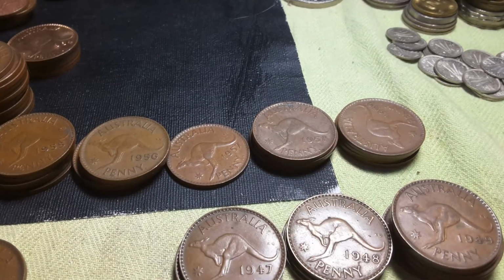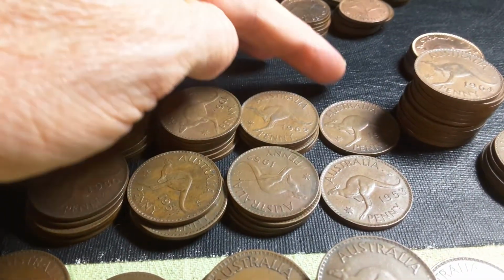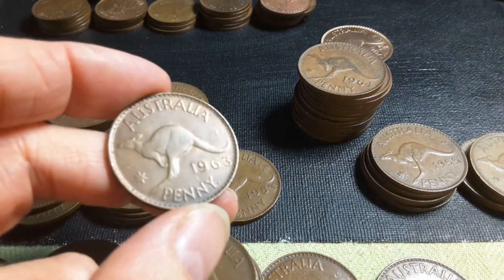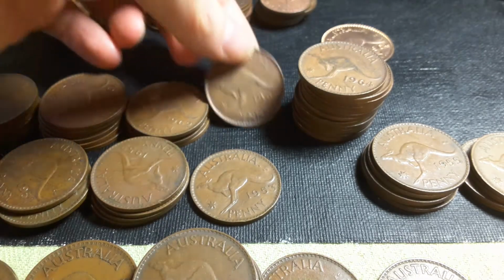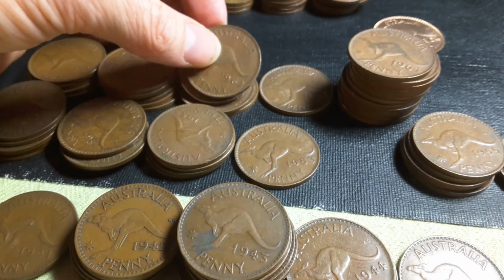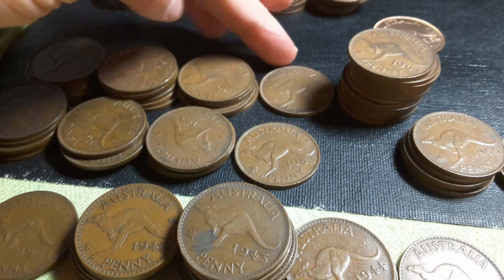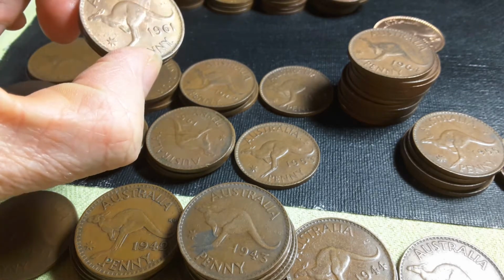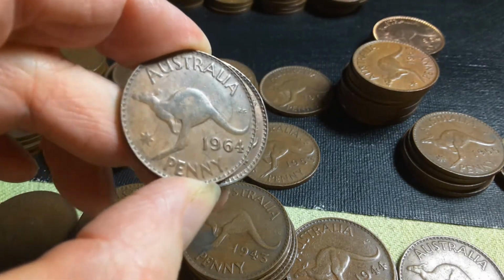58, 59. I was thinking about the 60s. Then you got the 1960s, so 60, 61, 62, 63, 64. And I don't know why I only got one 1963, because 10 million is not rare. But when you look at 1962, they had like 34 million, so maybe it's good that I only got one of those, because this one has 3.5 times the mintage. 61 is 30 million. 64 has 60 million, because this had the last 2 years,